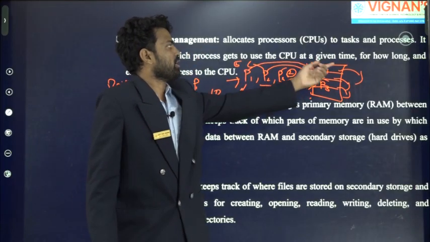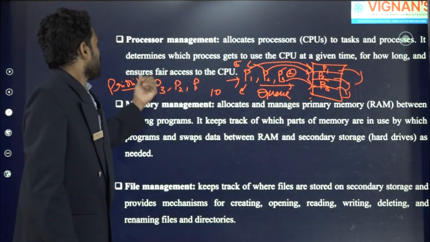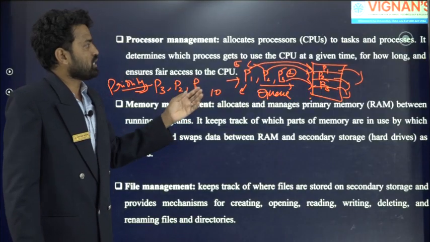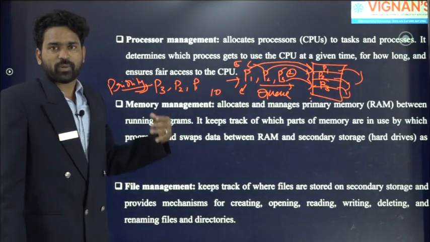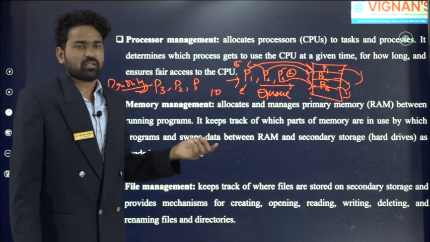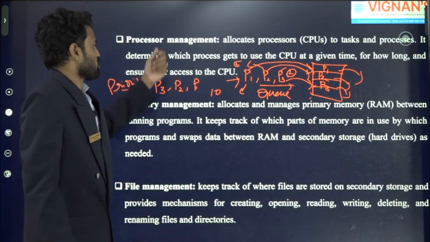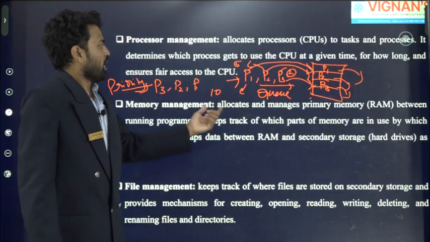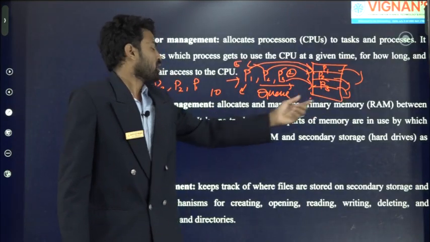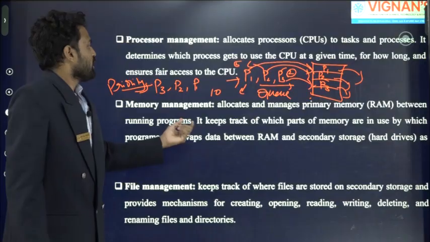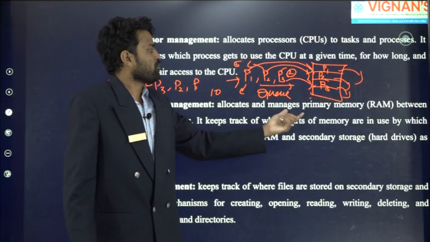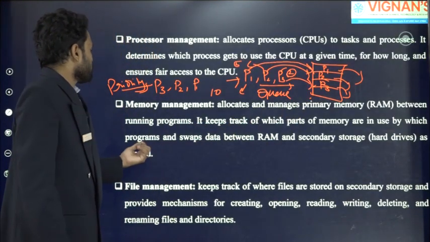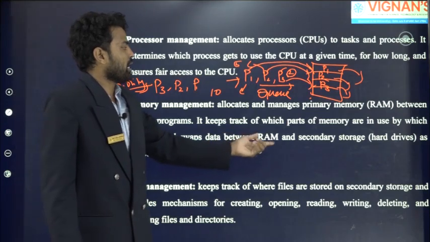So CPU at a given time, for how long, and in fair access. What is the time complexity of that particular program to be completed? That is taken care of by process management. And memory management. Memory management allocates and manages primary memory between running programs. It keeps track of which parts of memory are used by which program and swaps data between RAM and secondary